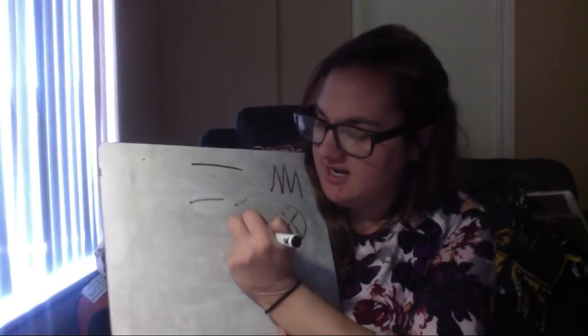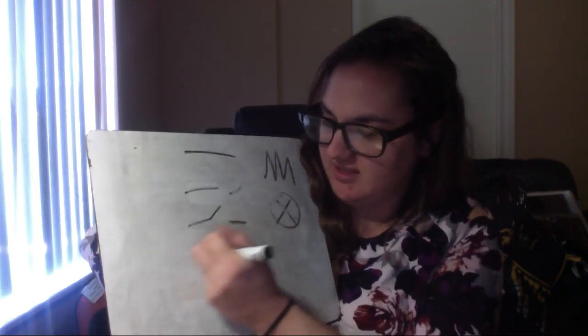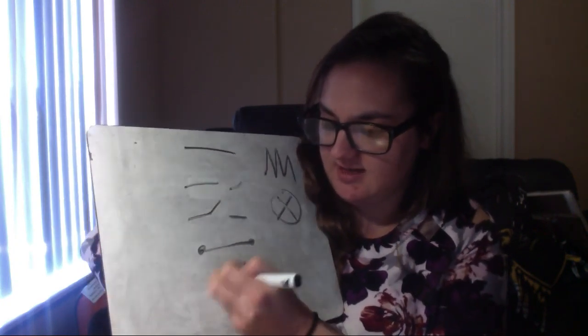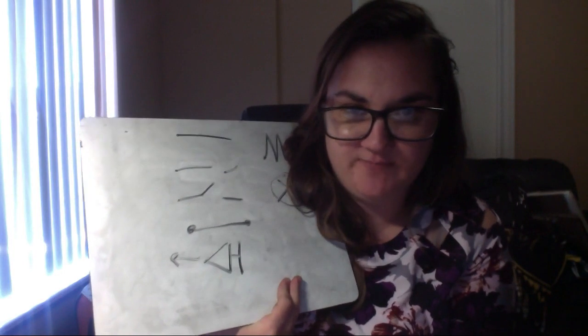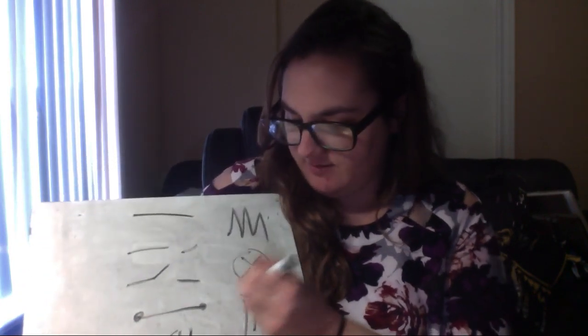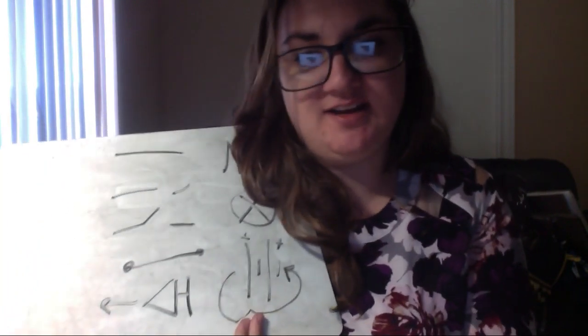A line is just a piece of wire. If there's a break in that line, or the line looks like this, it has a switch that is open. If I have a switch like this, my switch is closed. If I have a transistor that looks like this, that means the electricity is flowing in the direction of this arrow, right? So the electricity is going this way. All batteries, which a battery looks like this on my circuit diagram, have a positive and negative side. It needs to go from the negative side to the positive side. So if this arrow is going the other way, it's not going to work.